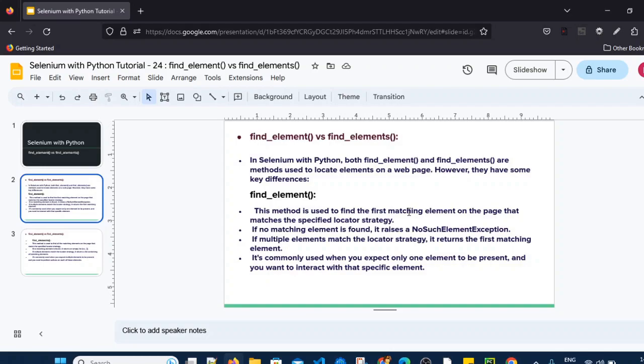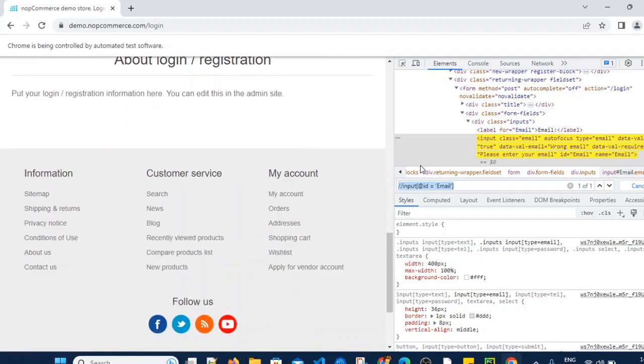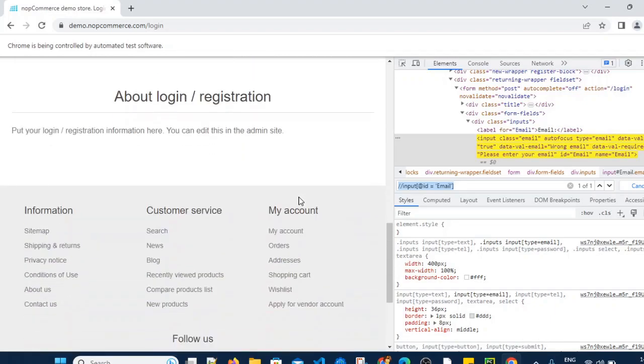Now we will find a locator which is pointing to multiple web elements on this page. So far this locator was pointing to only a single web element. Now we will find some locator which would be pointing to multiple web elements on the web page.